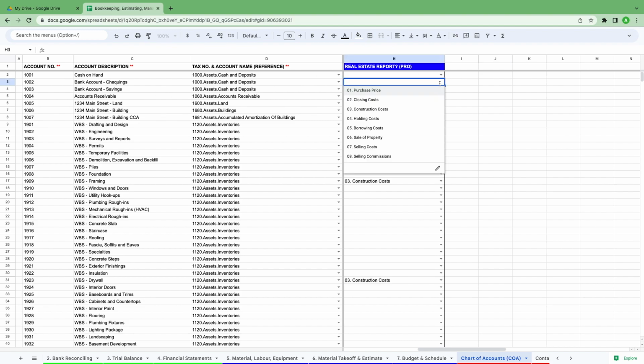So the report is broken down into purchase price, closing costs for the purchase, the construction costs of the project, the carrying costs, such as utilities, insurance, taxes, borrowing costs, any cost for financing. We want to identify the revenue of the sale, selling costs associated with the sale of the property, and any